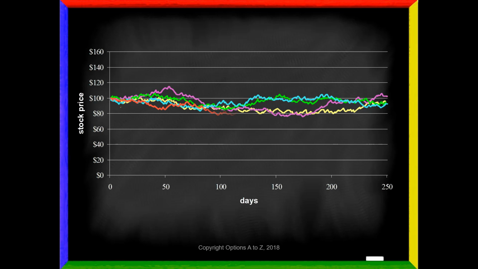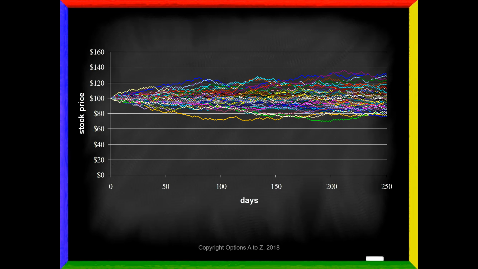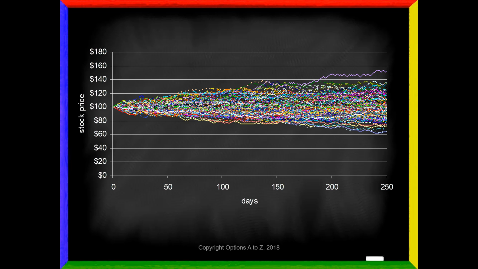And again. Most of these are all kind of starting and stopping in the same area, but if we keep doing it, we notice that we get more and more variation. But there also seems to be an invisible ceiling and floor. Those are things we'll talk about more with volatility, but the important point to see here is that if we